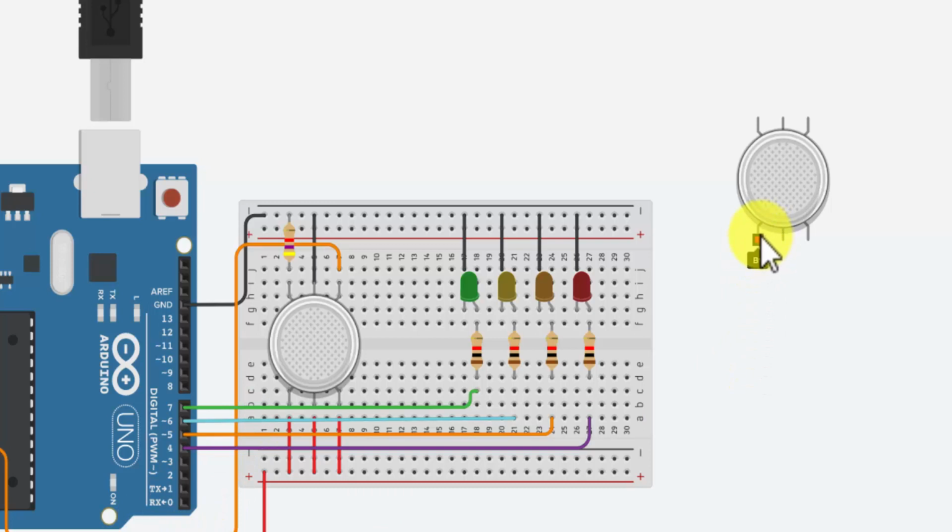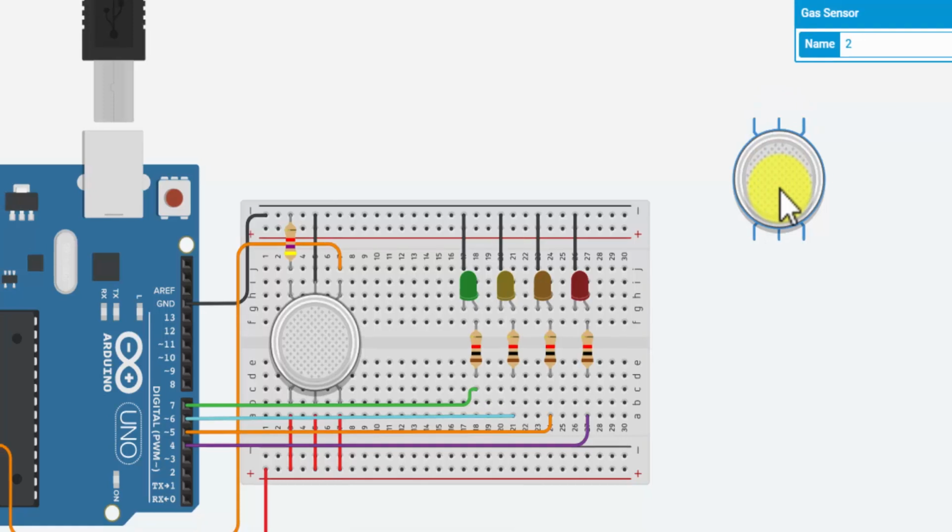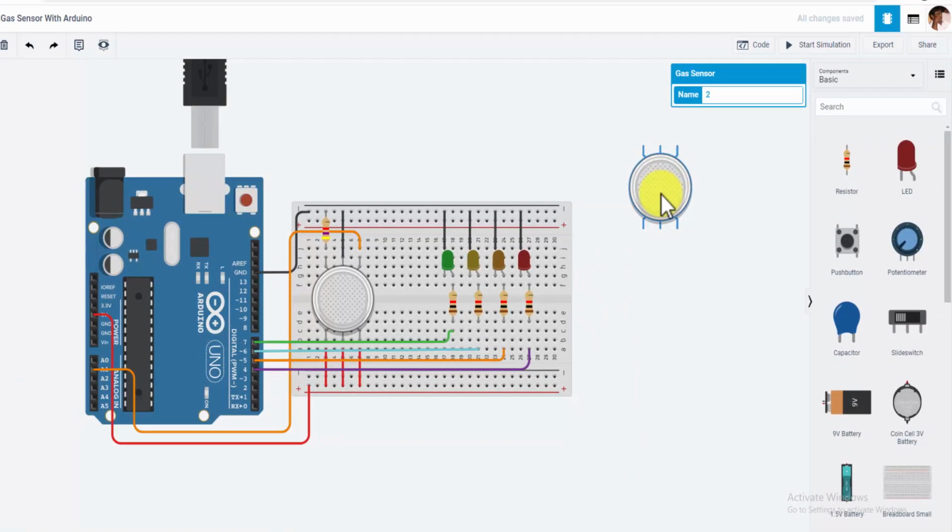So here B1, H2 and B2 are connected to VCC or 5 volts. A2 pin is the output pin, and these both are ground pins. So I hope the construction and the connection of gas sensor is clear.